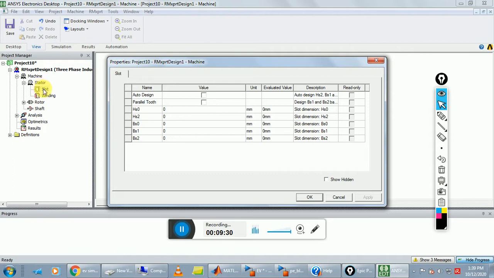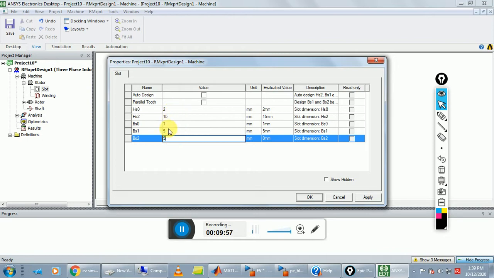Slot means stator slot. Here put the value of HS0 is 2 mm and HS2 is 15 mm, and BS0 is 1 mm, and BS1 is 5 mm, and BS2 is 5 mm.